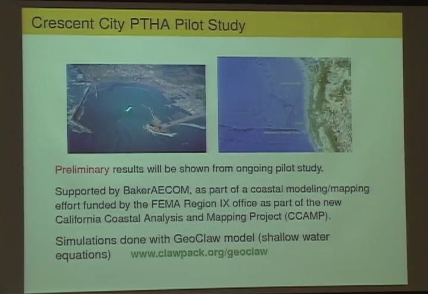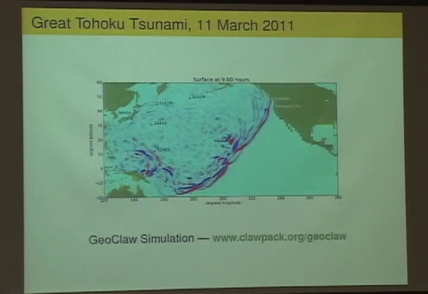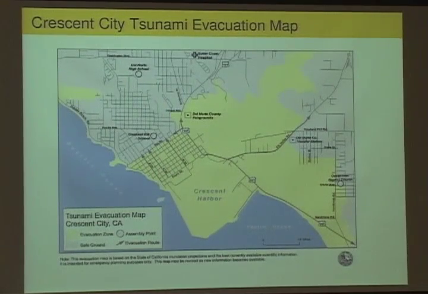And so Crescent City is an interesting place for tsunamis because there's this Mendocino fracture zone out here where there's a ridge which tends to focus tsunamis right into the Crescent City area. So if you go back to this figure I showed before, if you look right up here, it's sort of darker colors in the part of the wave approaching Crescent City. It acts as a waveguide, basically. The wave is moving slower on top of the ridge than on the side, so it's kind of folding in on itself. And so you tend to get very strong tsunamis in Crescent City. And they have a current evacuation map, which is based on a sort of a credible worst-case tsunami simulation that was done some years ago.